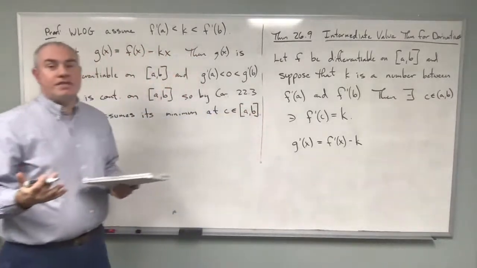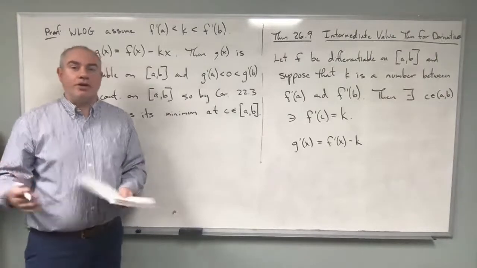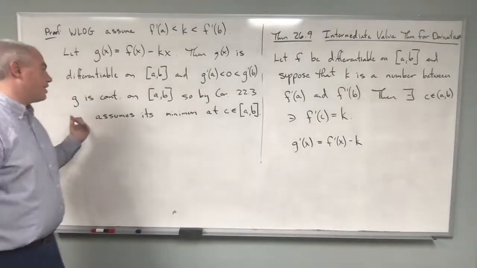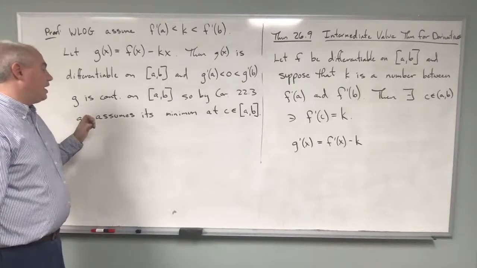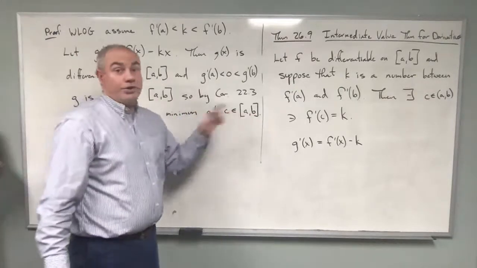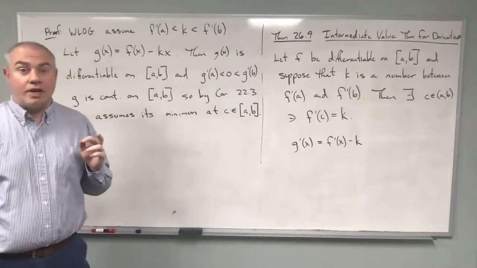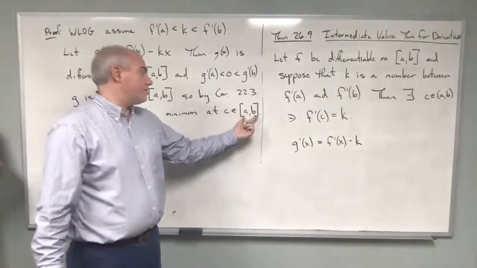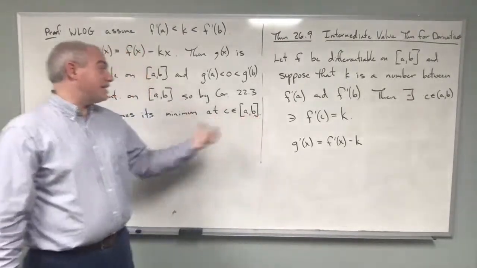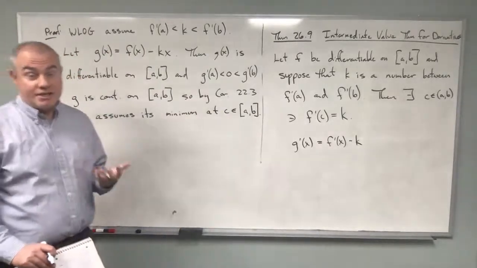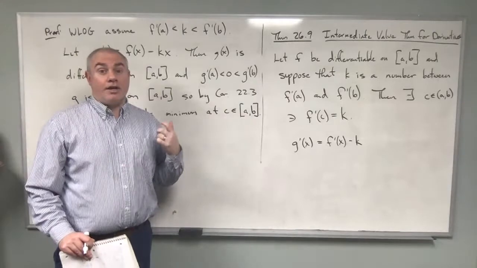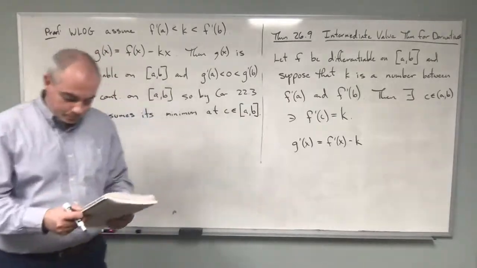Okay, it assumes its maximum value too, but we only need one of them, so we're just going to take the minimum. So somewhere in between A and B, it could be at the endpoints, right? It could be at the endpoints that it assumes its minimum value, but it does assume a minimum value in there somewhere